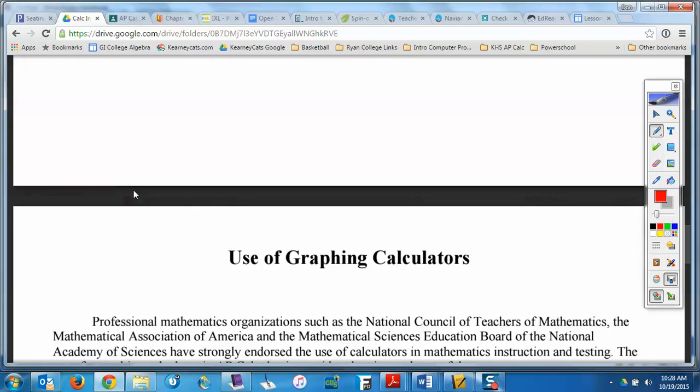On your actual grade then, on the AP test, half of your grade is based on the multiple choice. Those, how many questions is that? 45 questions. And then the 6 free response makes up half your grade. So it's half and half. Okay.